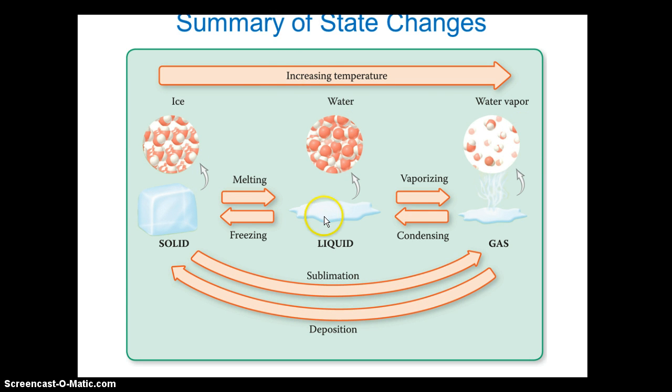When solid ice turns to liquid, it melts, and when liquid water vaporizes, it turns into steam. When you condense steam, it converts into liquid water, and then when you freeze it, it becomes solid ice. And you can see this arrow: from solid to gas is called sublimation, and from gas to solid is